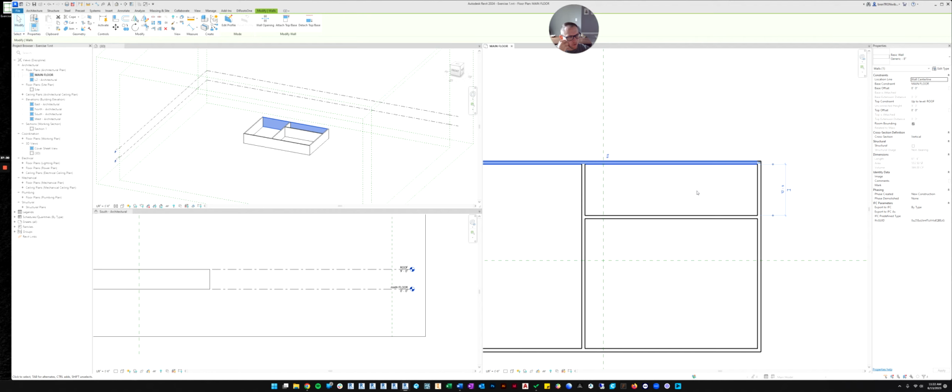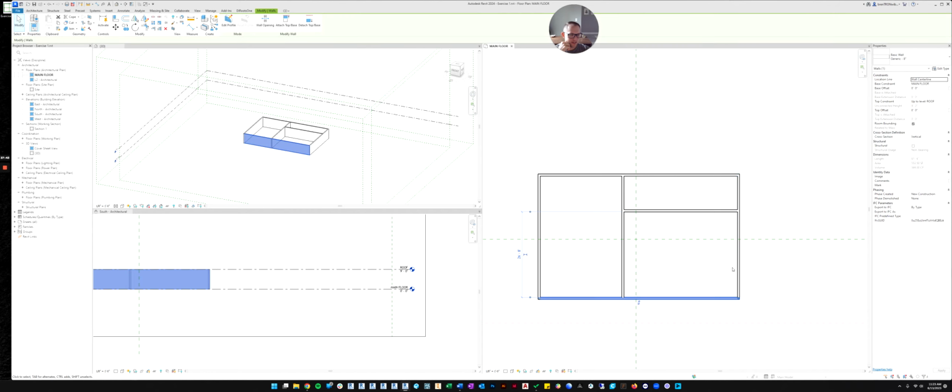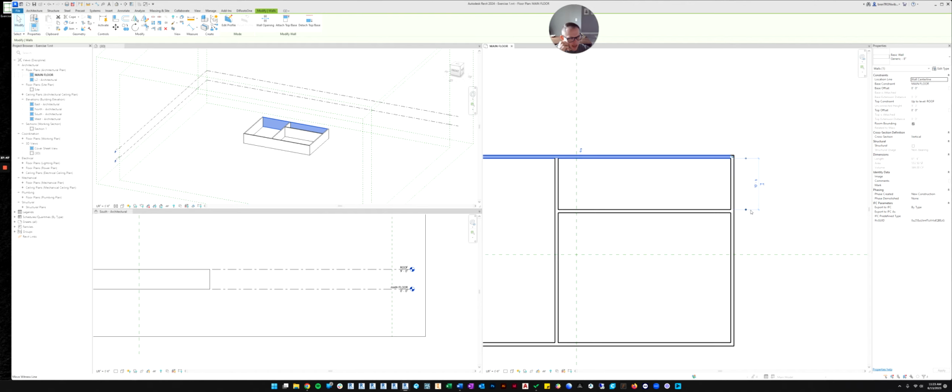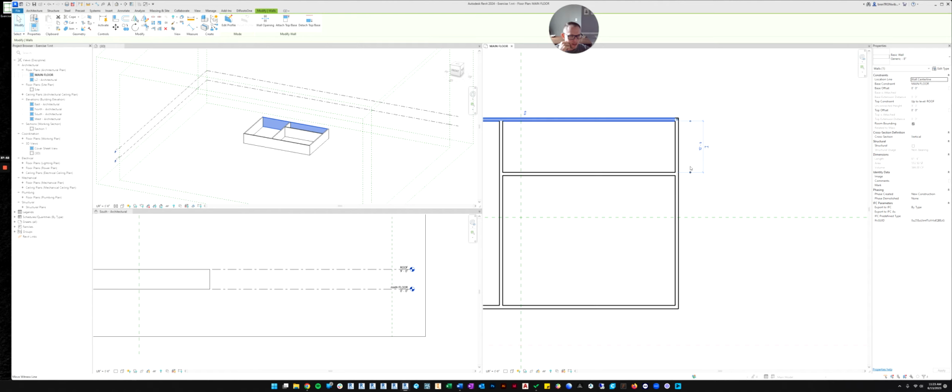And let's say we want to move it. Maybe what we're trying to do is we want the house to be, let's say 40 feet deep and 60 feet wide. So the best thing to do is let's pick a wall we want to move. And this temporary dimension is going to help us move the wall. So the temporary dimension has this little dot. You can click on it and drag, and you can move it somewhere else.